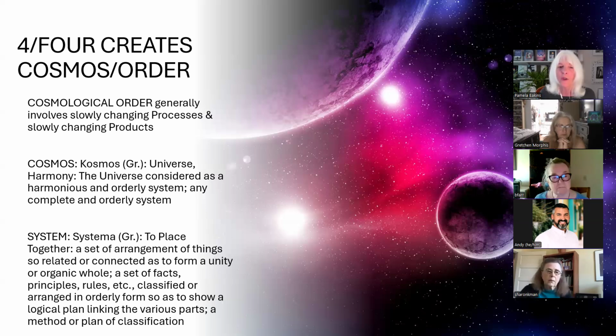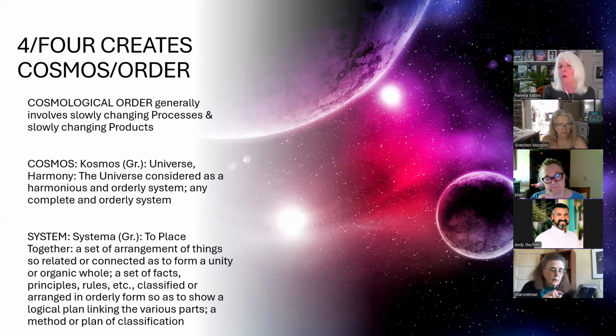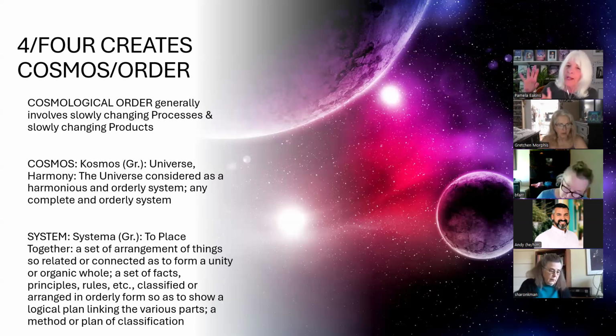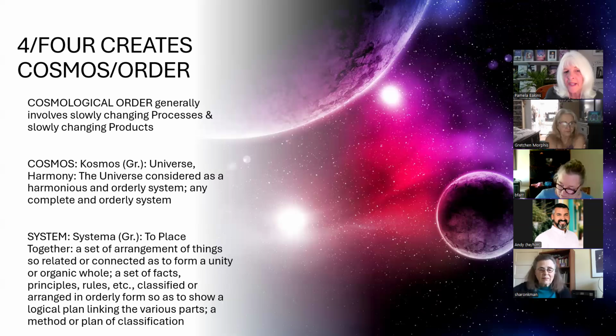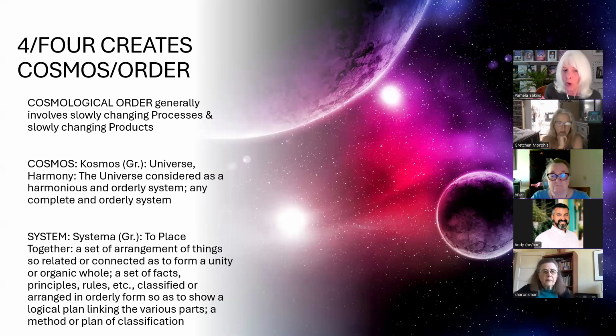Cosmos is Greek for universe, and it means harmony, a harmonious universe. The universe is considered as a harmonious and orderly system. Cosmos is any complete and orderly system. We know that it gets disrupted, but in general, it's an orderly moving system. And system is a key too. Systema, Greek, to place together. It's a set or arrangement of things so related or connected as to form a unity or organic whole. It could be a set of facts or principles or rules, classified or arranged in an orderly form so as to show a logical plan linking